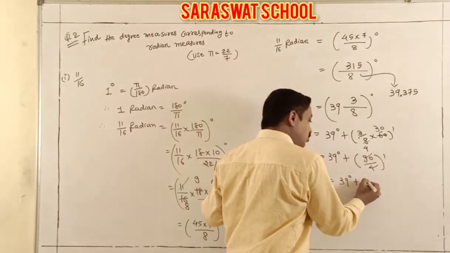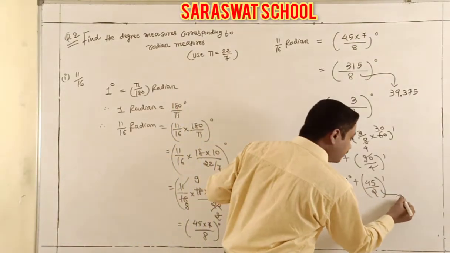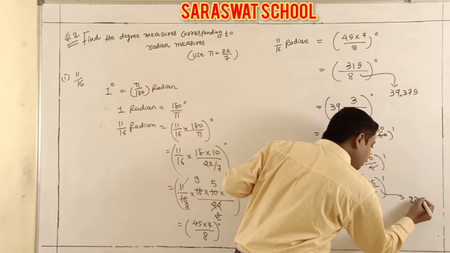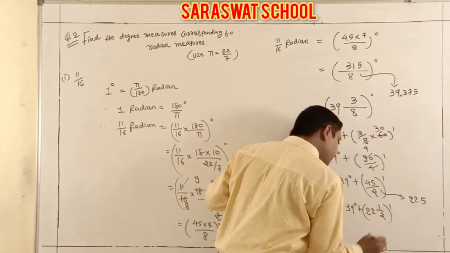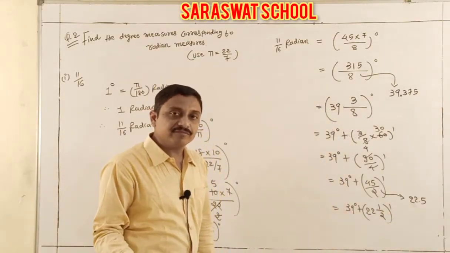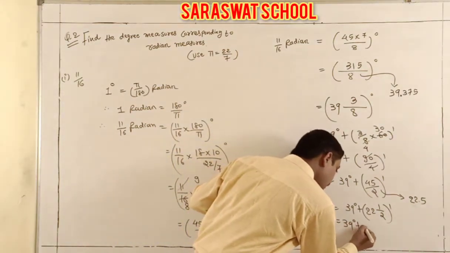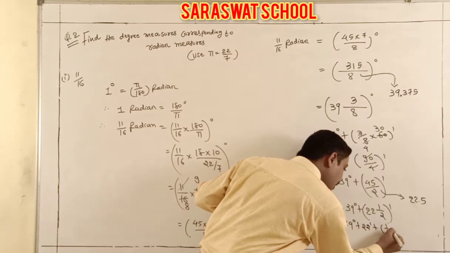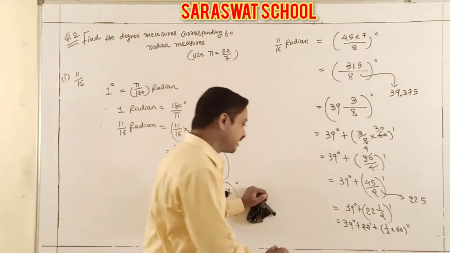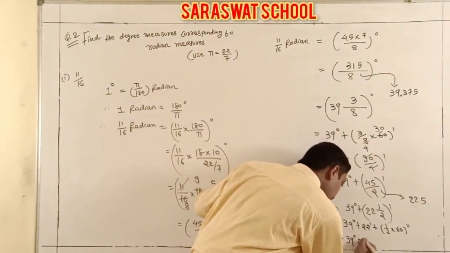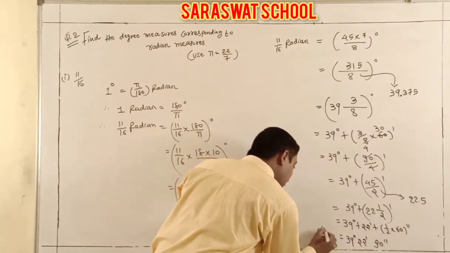It is totally the value 45 to the 90 by 2 minutes. Again divide 45 by 2. It is 22.5. It means, students, 39 degree, 22 and 1 by 2 integer. 22 and a half, so we get 45 by 2. Now 39 degree, 22 minutes and half into 60 seconds. So half into 60 seconds is known, that it is 30 seconds. So 39 degree, 22 minutes and 30 seconds. This is the answer, students, for 11 by 16 radian measure.